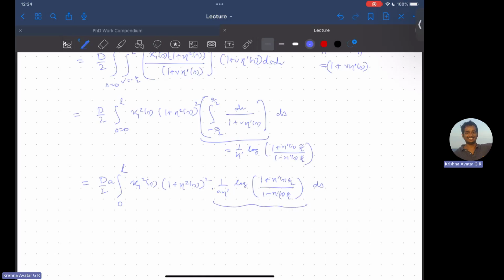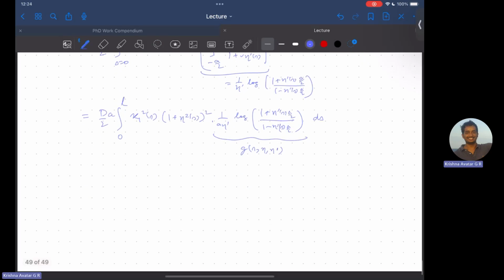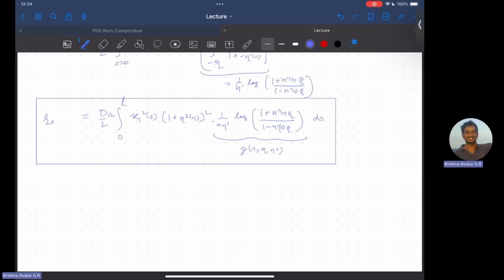And this term we can also call g of s, eta and eta prime. And this is what we call the celebrated Wunderlich model, the Wunderlich ribbon,